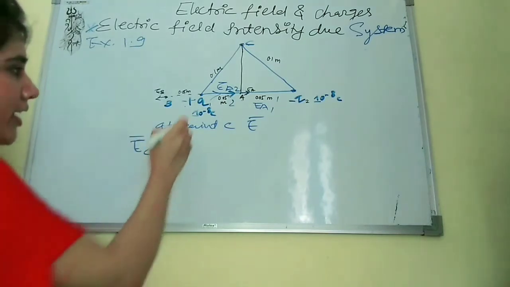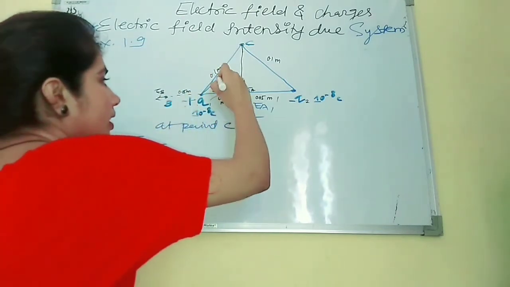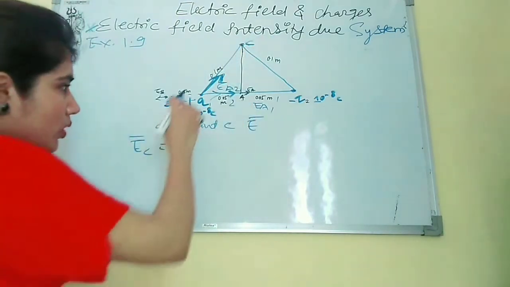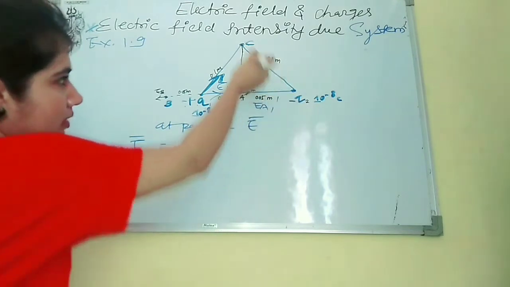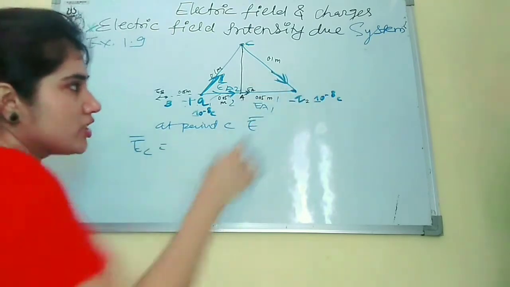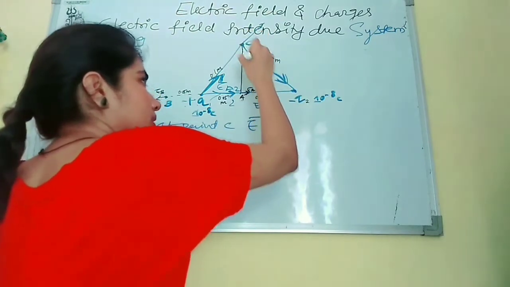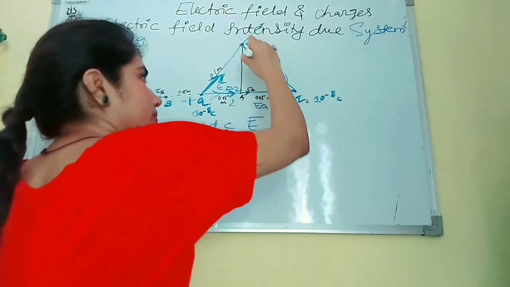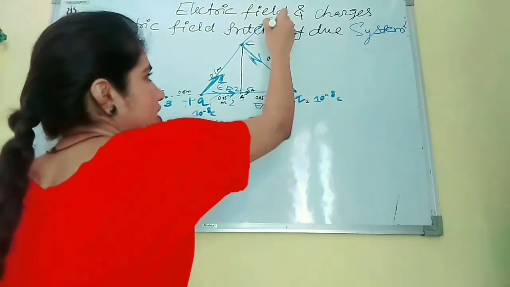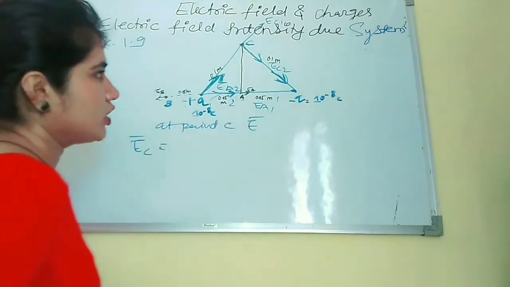So here we are saying that this is the positive charge. Because of this positive charge, the intensity of the electric field will be in this direction, away from the charge, and for this point it will go in this direction, towards the charge. So if we extend these lines, this will be somewhat like this, and this will be like this, right? So suppose this is EC1 and this is EC2. We are marking here EC1 and EC2.